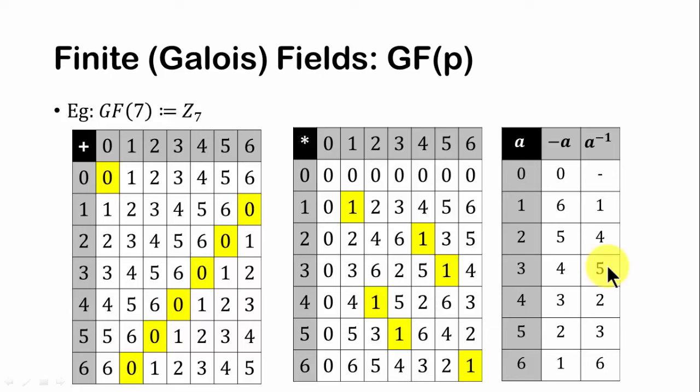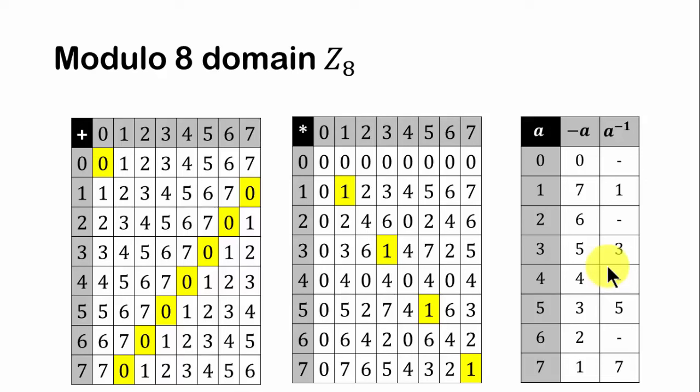Because in the previous lecture we said that ZP is a field, but Zn is not a field, it is a commutative ring, right? N means instead of P we can have any other value. If that value is 8, so Z8 is basically what? If we again create the modular table for Z8 over addition and multiplication, we will find that